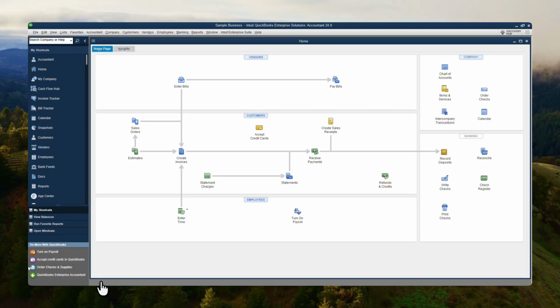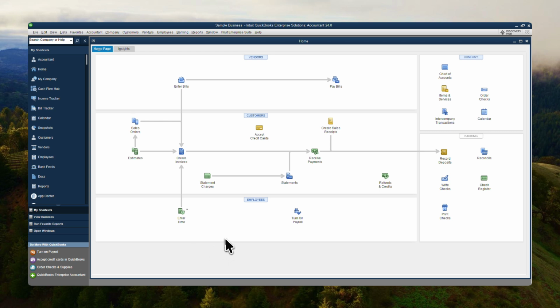In today's video, I'm going to teach you how to run and customize reports in QuickBooks Desktop. Reports are one of the most useful tools in QuickBooks Desktop because they help you review your financial data, check specific details, and organize information in a way that makes sense for your business. Once you know how to open the right report and make a few adjustments, it becomes much easier to find